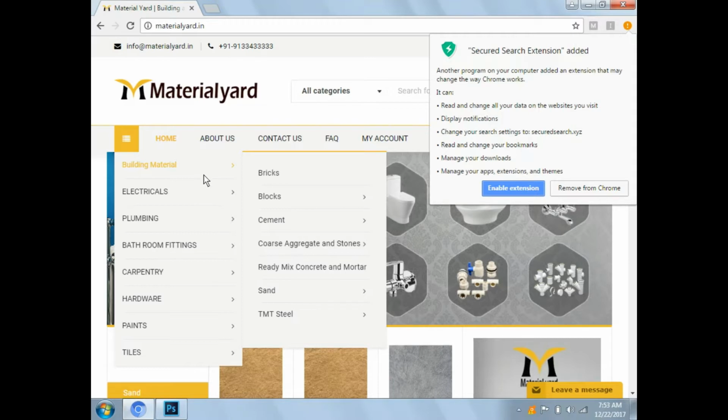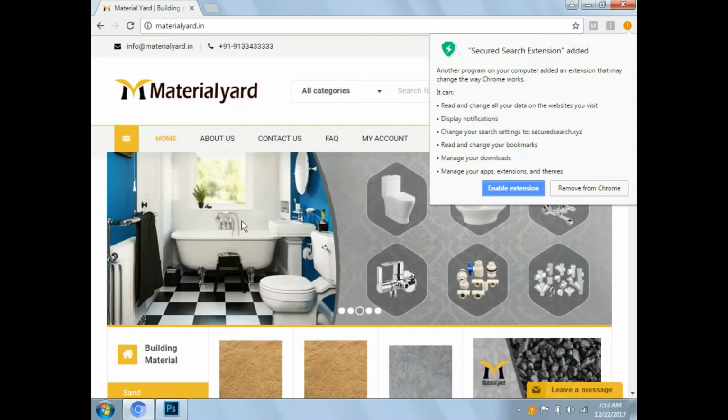Otherwise, any single related image will do. If you take all these things and keep them in one file, that is okay. Or otherwise you can just take this one image and keep it there. Is it okay? Fine. It means we have to show all the things. See here we have these commandos, these handles, some pipe fittings, tiles here, and this is the bathroom fitting, the taps. Everything we are showing in this image is related to the client. Okay, and go to Photoshop.